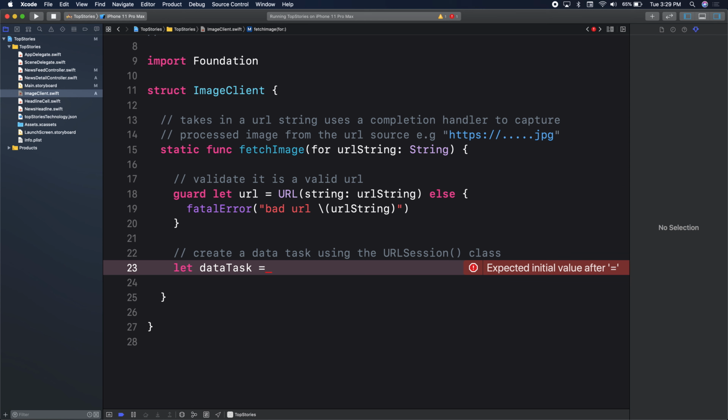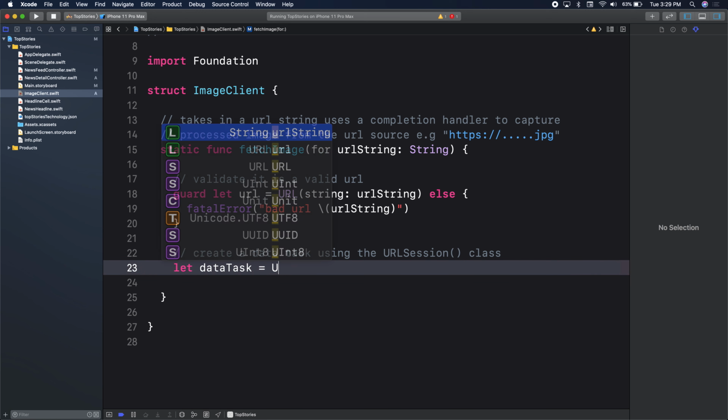And here is where we first see URLSession. We'll use URLSession to create a data task. What's a data task? It's basically a job that needs to be done. That job is go to the network and fetch me the data for that URL. That's the task that will be done. Okay? So here we'll say URLSession